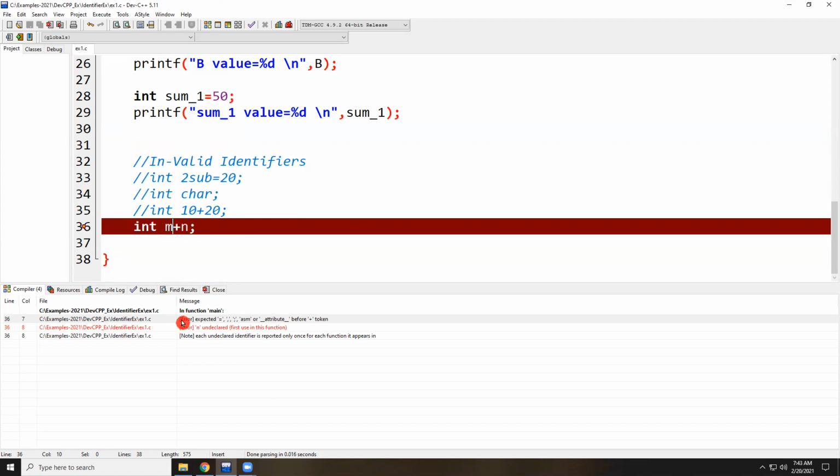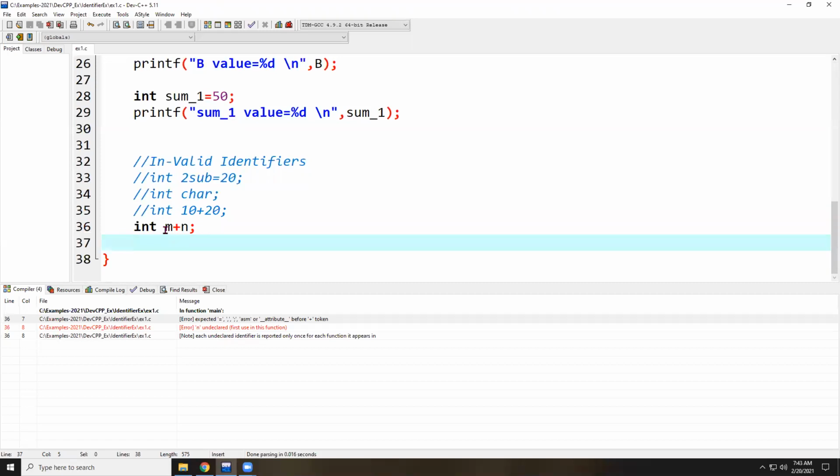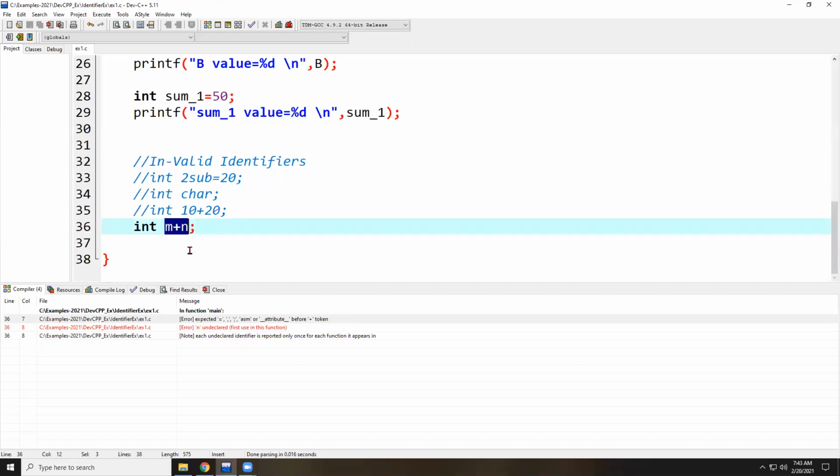It is going to throw a compile time error, like "'n' undeclared (first use in this function)" and "expected identifier before '+' token". It is clearly telling that before performing a logical operation we must declare it, but I directly declared the operation as an identifier or variable. So here the variable became an identifier, right? I declared m plus n as an identifier, but the compiler is responsible for throwing the error.